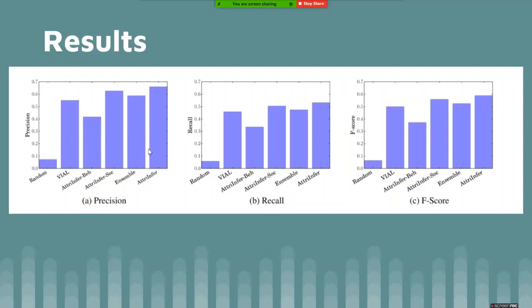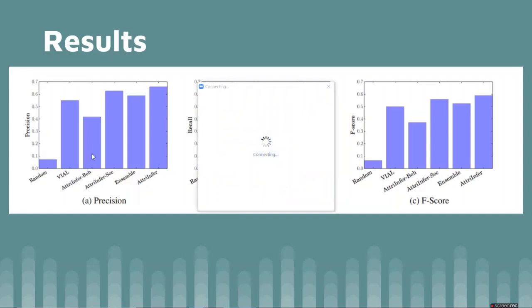But of course, the best performance goes to the attribute inference technique. This ensemble technique is just merging the attribute inference, the prior probability technique, the logistic regressor, and the social graph, but with a different technique other than a Markov random field. They are just merged using a final layer that merges two machine learning models like